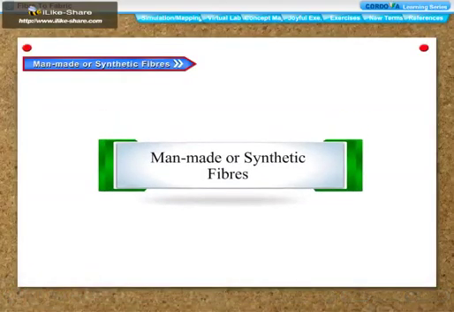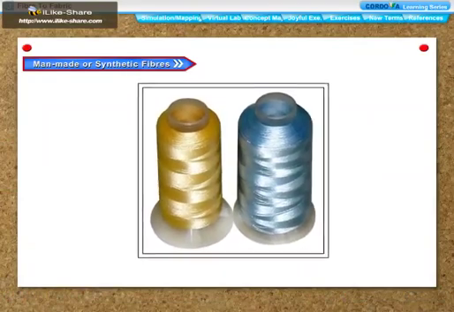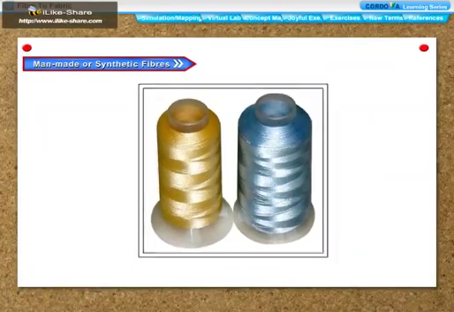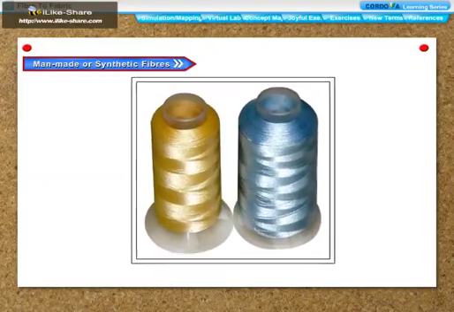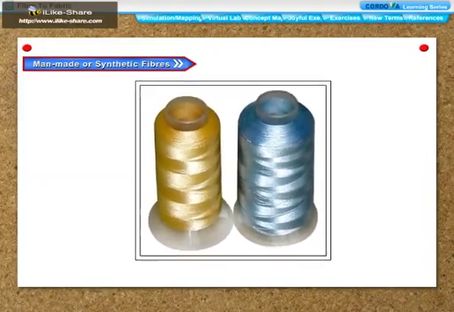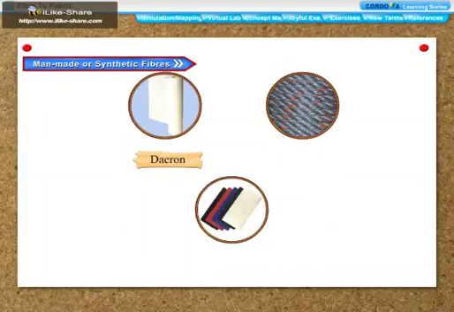Man-made or synthetic fibers. Today, besides all these natural fibers, we have man-made or synthetic fibers to make cloth. These fibers are not obtained from plant or animal sources. Some of the common synthetic fibers are nylon, terylene, polyester, acrylon, dacron, orion, and cashmelon. These fibers do not have the disadvantages of natural fibers, so are more widely used and more useful than natural